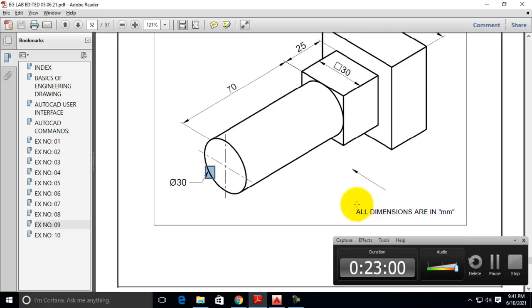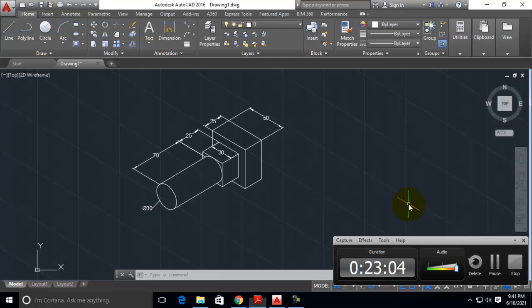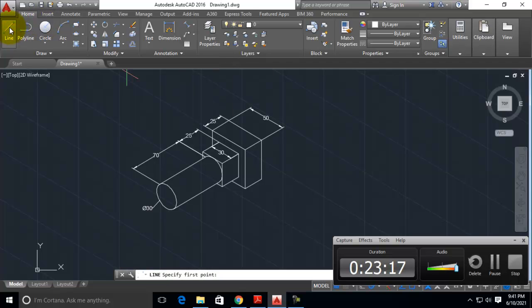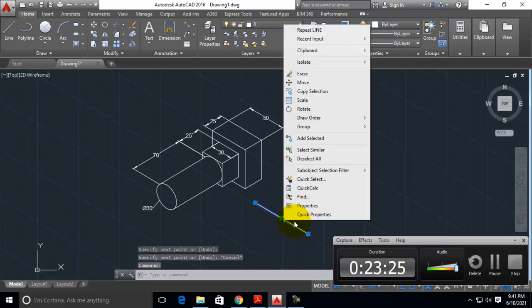Now use F5 and change to the left side option. I'm going to write that all dimensions are in mm, and also if you want you can draw this arrow. For drawing this arrow, you can simply use line, draw like this at an angle of 30, select this and right click properties.